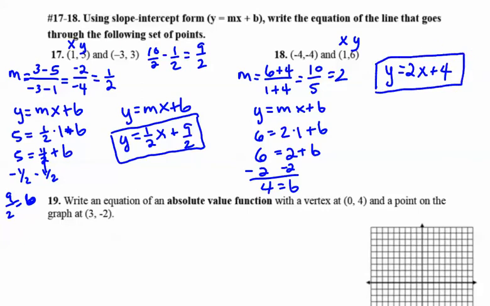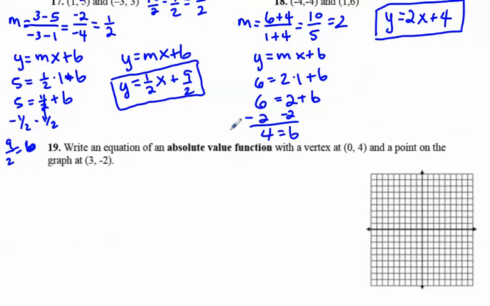Okay, moving on to absolute value equations. Now I know you don't have a graph over here, but I just put that right there because I'm going to show you a second way to solve this. But let's go to the algebraic method first. In the algebraic method, you want to start with the general form of the absolute value function, which is y equals a, absolute value, x minus h,